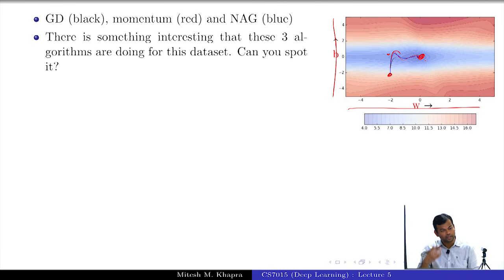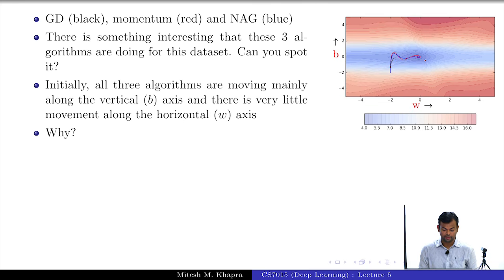And this is happening because W is not getting updated frequently. All the updates are initially done for B, and now when it's no longer possible to change B because you have reached the optimum value for B, then only you start changing W, and that too very slowly because you'll have to wait for many updates for that to happen. How many of you get this? So this is exactly what's written on the slides.